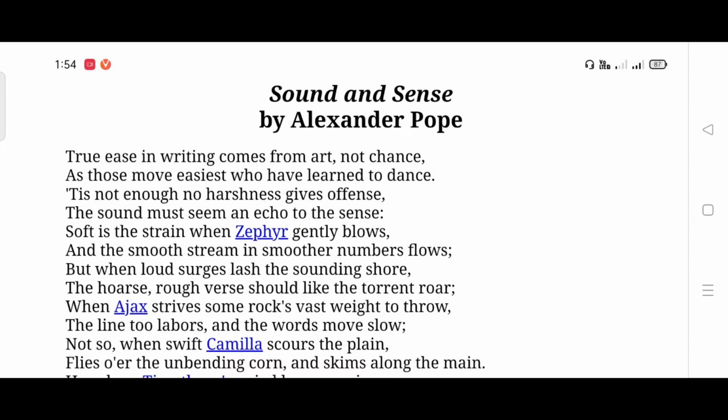That means that when the reader reads the poetry, it should immediately leave a long lasting impression on the reader's mind. As when water comes to the shore, when waves come to the shore, when they come,